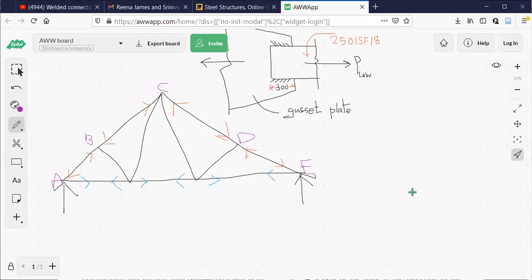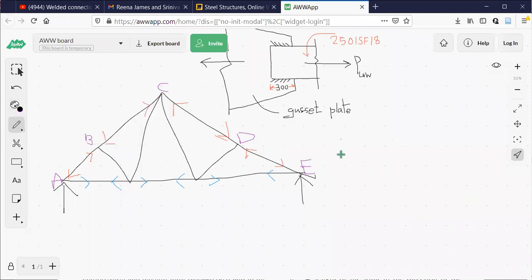Okay. So you imagine one industrial shed. If you have seen any industrial shed, when you go inside and look at the top, these are the trusses on which roofing is done. These trusses are usually placed at a distance of 3 meters, the distance from one truss to another. Now, A, B, C, D, and E we call top chord members.